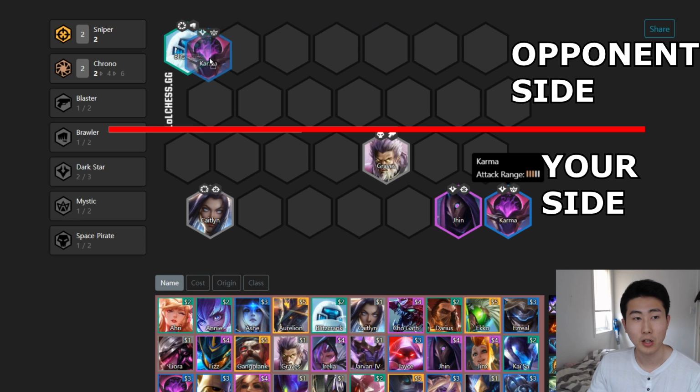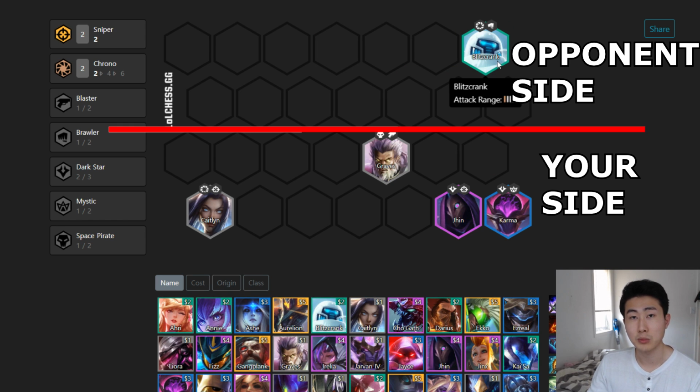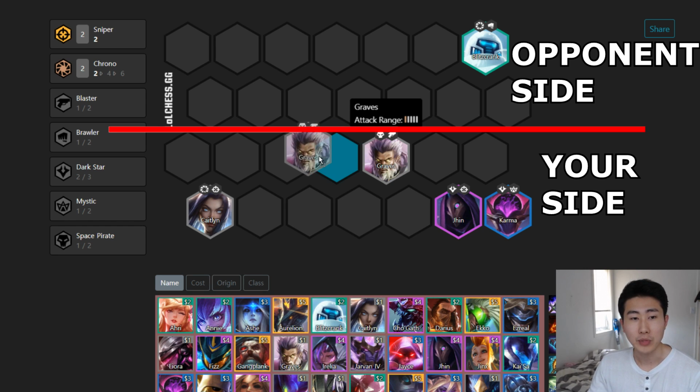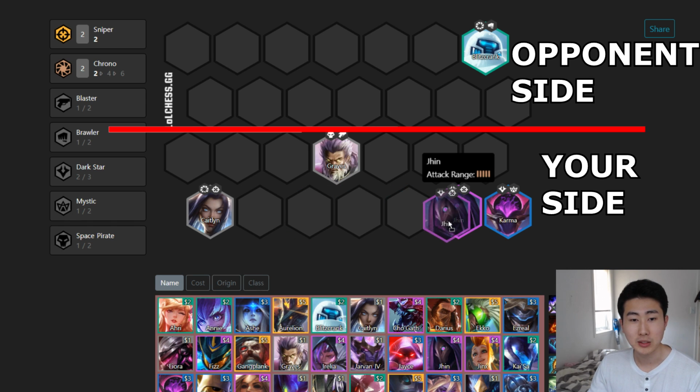He's always going to pull the Karma, or even if he leaves his Blitzcrank here, he's going to pull either Caitlyn or Karma, or if he leaves his Blitzcrank on this side, he's going to pull the Caitlyn, but he's never going to touch the Jhin. That's the most important part, to protect the Jhin. As long as Jhin doesn't get pulled, you're fine. So the best thing to do